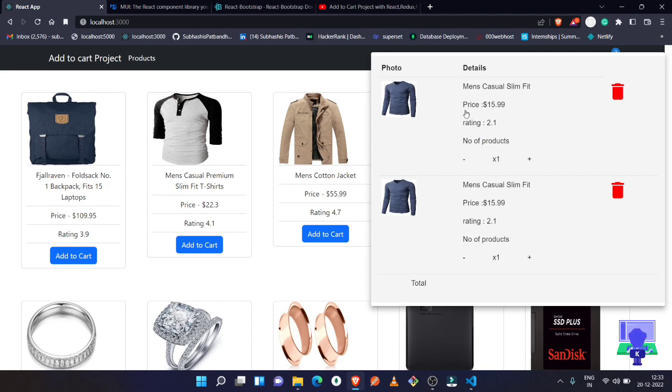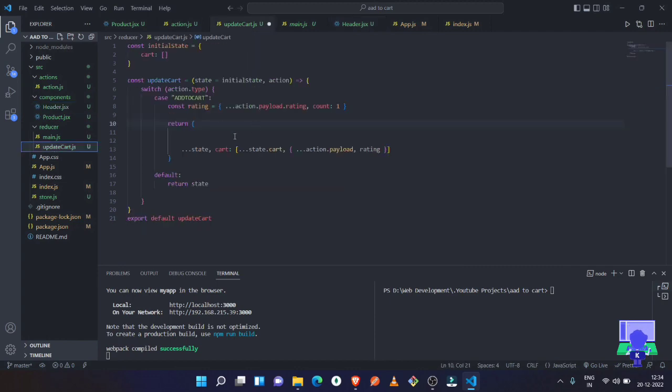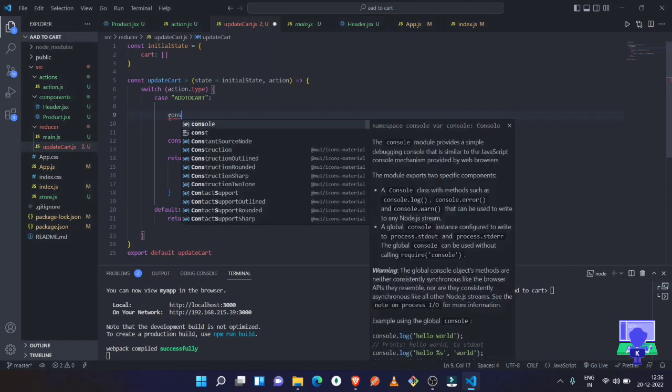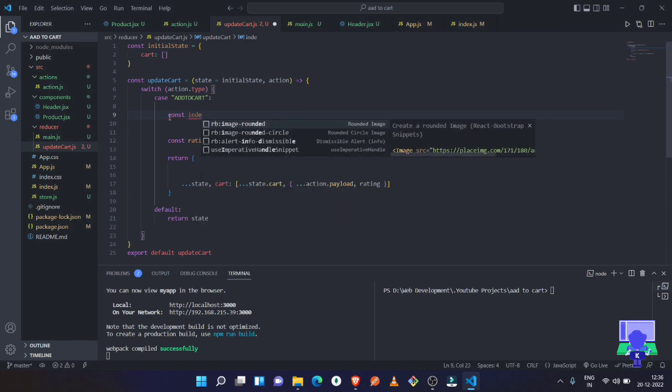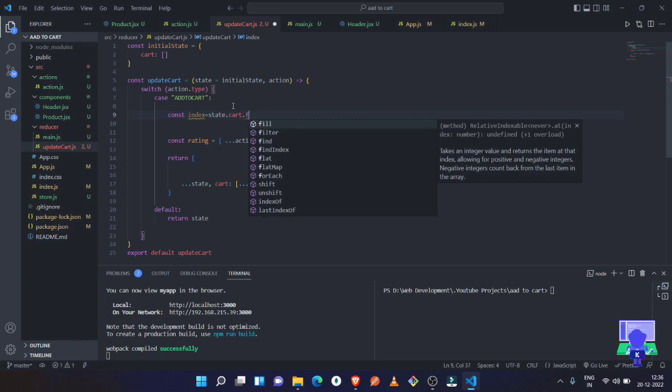But in this video we are going to fix this, so that whenever we click on the same product, the value of the number of products will increase. So let's do that. You just need to go to the reducers, and right here const index equal to, this is our state, and inside that we have a cart. So right here state dot cart, and here we can apply the findIndex function,